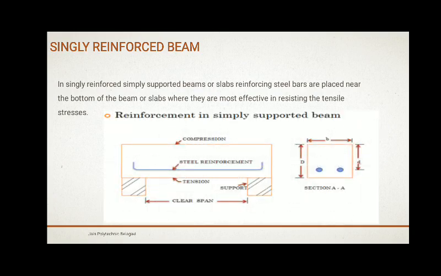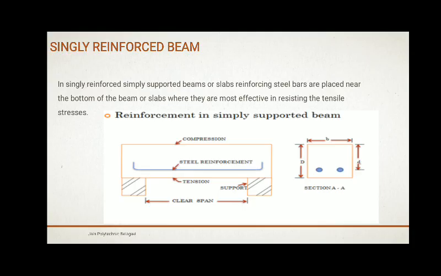you can see the steel bar provided at the bottom. The space below the steel reinforcement is the clear cover, and the distance between the two columns or supports is the clear span. If the distance is taken from the center to center of the column or the support, it is called the effective span. So we have designated that the upper part of the beam is taking compression and the lower part is tension. So here you can see the cross section.